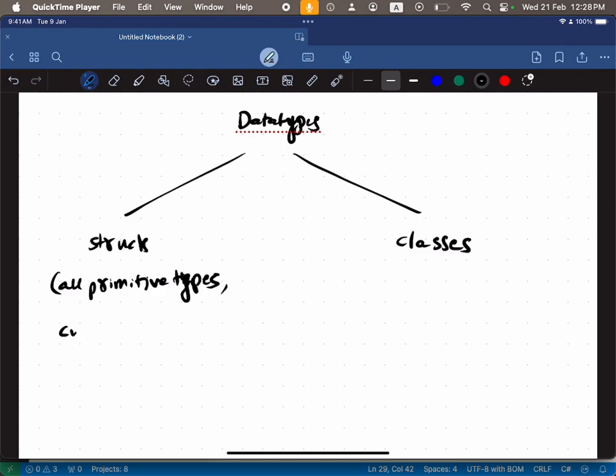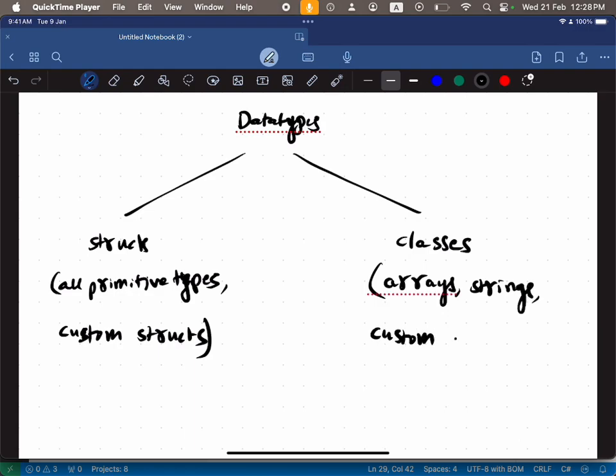And any custom structs that you create, like we showed earlier, RGB, right? You can also create new structs. There are some inbuilt structures which are primitive types, and then you can also create new structures of your own. That is fine. Similarly, for classes, there are inbuilt classes like arrays, strings, and again any custom classes that you create. Okay, so